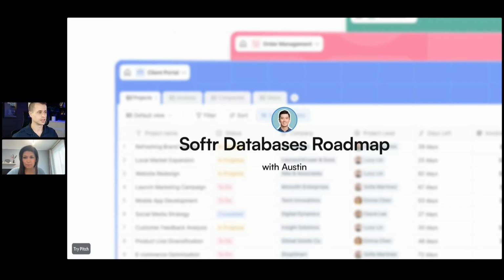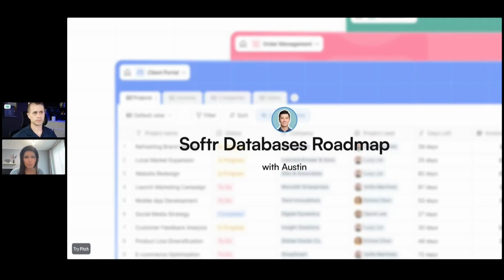Here's another one. When will you launch the connections with Airtable databases, if any? Or maybe an Airtable import could also answer this question. If this is about a database having a connection with an Airtable database, there won't be one. But there will be an import coming soon. It's actually on the way. So pretty soon, probably in the next one to two weeks, it will be live.